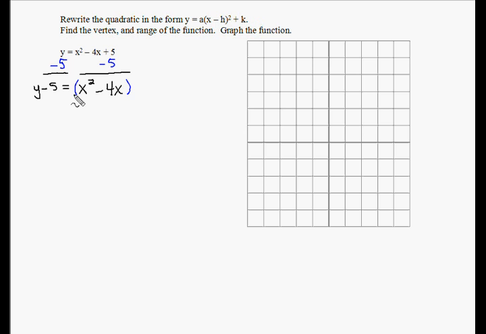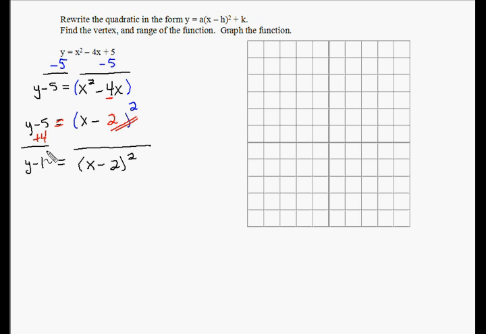Then we were supposed to take out the leading coefficient, but there is no leading coefficient. So our next step was to try and bring out the exponent 2. We would still have y minus 5 is equal to, x comes down, the sign comes down, and half of this other coefficient comes down, and half of 4 is 2. But recall that this 2 squared is new, and it's a negative 2 squared, which is still positive 4. So in order to keep an equal sign, to keep a balance, we need to add 4 to this other side of the equation. So we now have y minus 1, negative 5 plus 4, is equal to